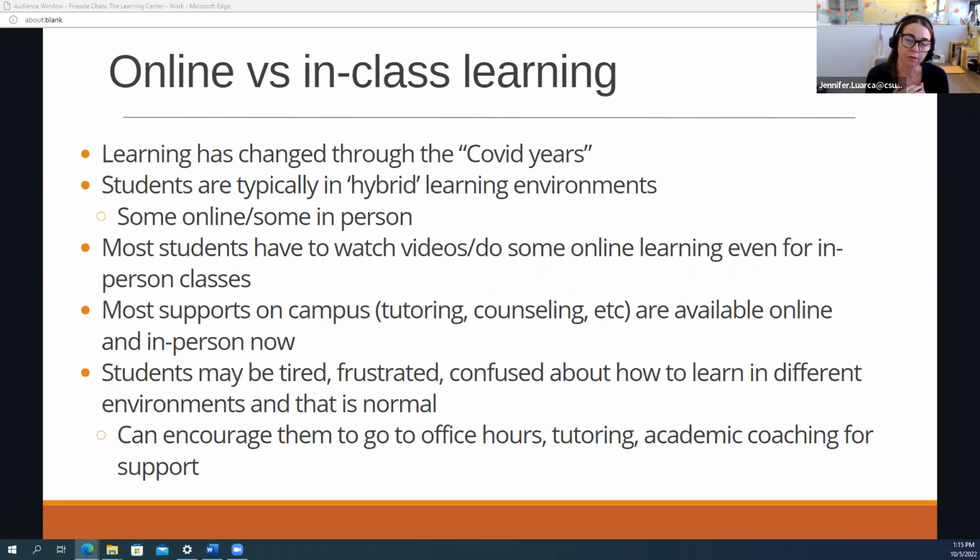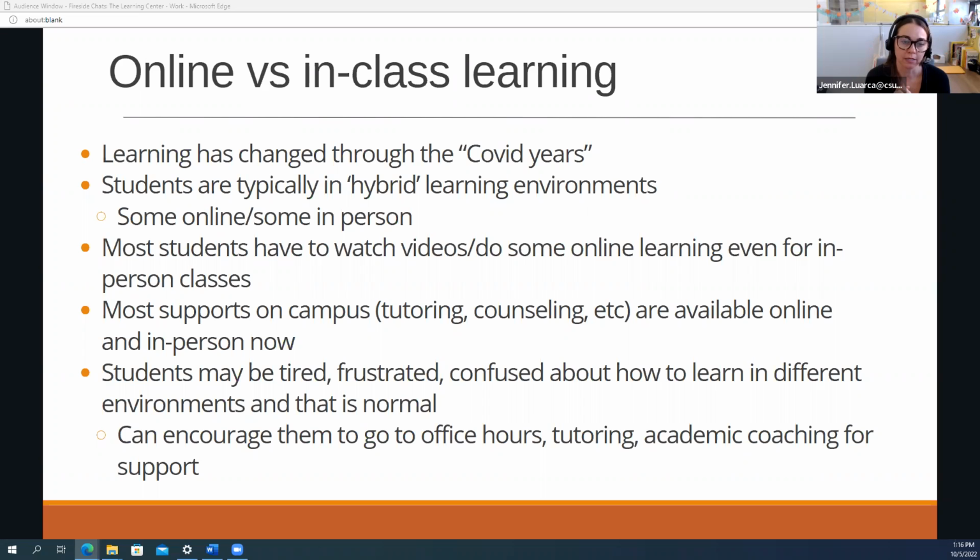For our center specifically, the Learning Center, we have drop-in tutoring. Students don't need appointments. They can just walk in or hop in on Zoom Monday through Thursday, 1 to 5, for different subjects. So if they just Google what they need at CSULB, most likely they'll see in-person options and online options available.